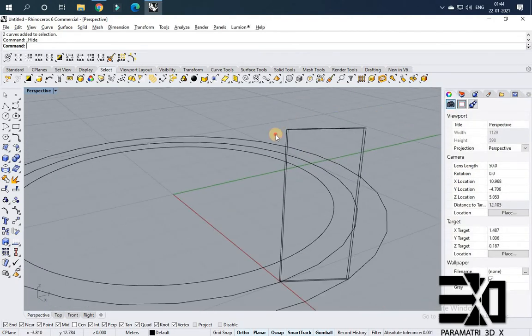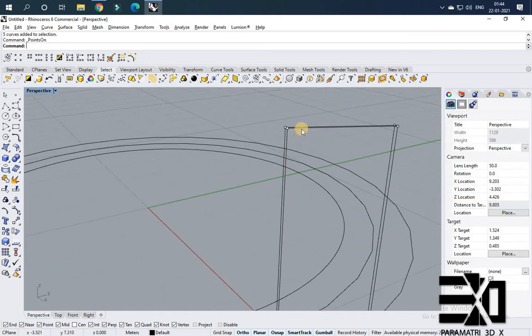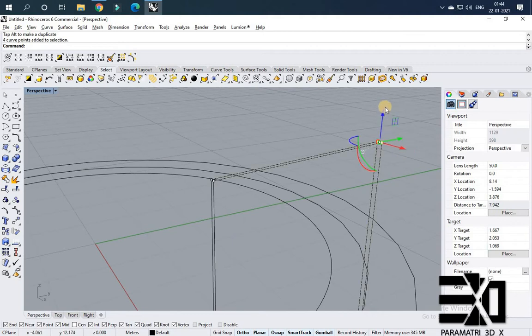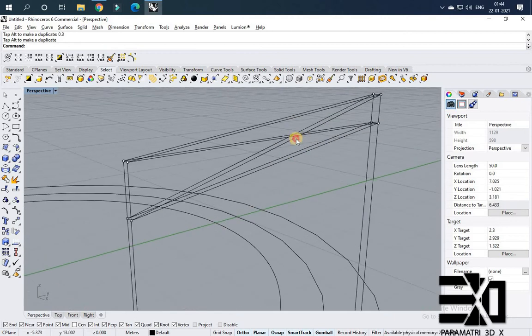So now I am selecting the upper part of the line and using show control points. So I need the control points to be visible, and I am selecting this control point. I am dragging the gumball below, with 0.3 meters as the value. Then I am selecting these 2 points and pressing Alt and dragging, which makes a copy, and giving a value of 0.15. So I am selecting again these 2 points and pressing Alt and dragging down and giving a value of 0.3. So I'll get a pattern like this.